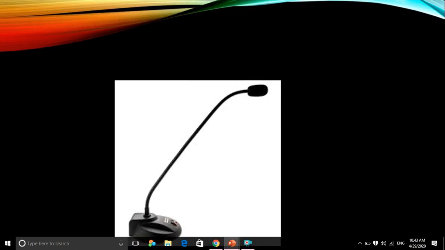This one, what is the name of this one? Everybody have seen this one, right? So this one is called as a microphone. It is used to speak. You can speak through this microphone. This side you can speak through this side. Okay,